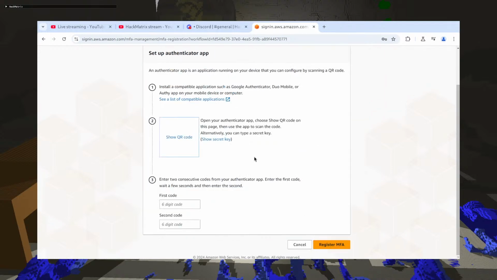I can use an authenticator app. Let me see.